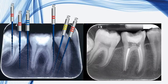You have to believe your gut and be careful, because in these narrow cases, it's better to use reciprocating motion. That's my opinion, okay? In this upper molar, we are using narrow preparations also. I started with a